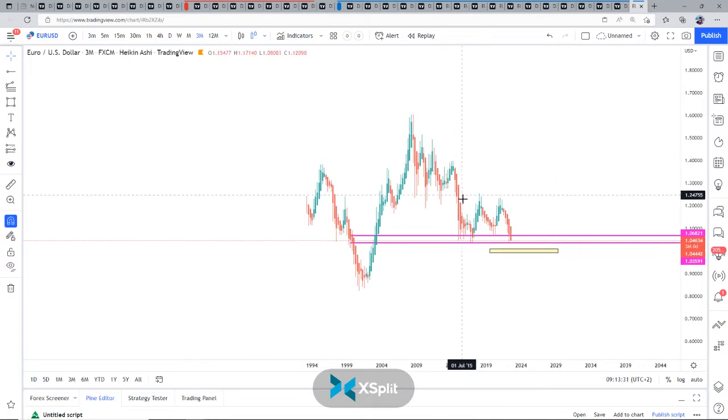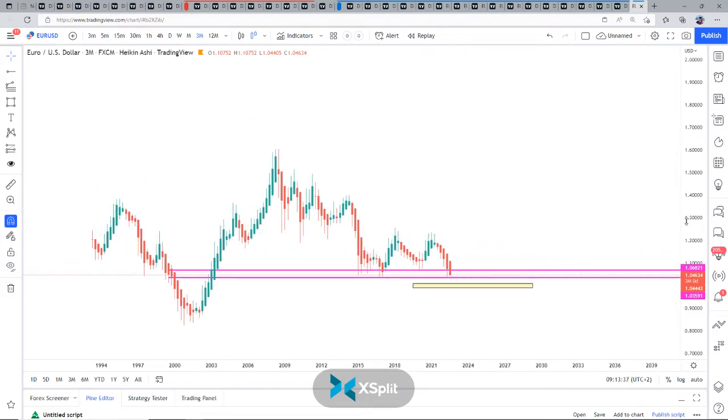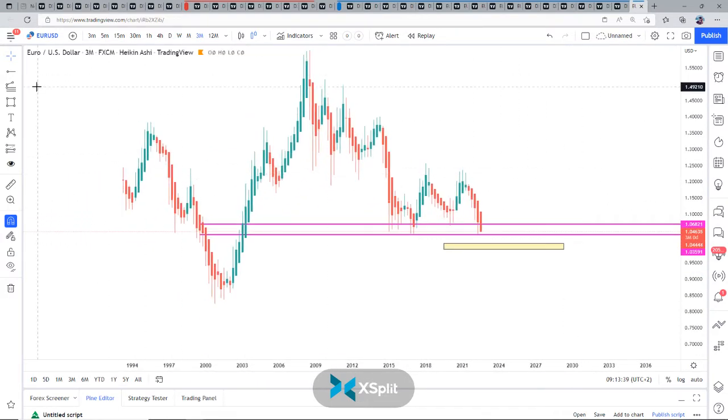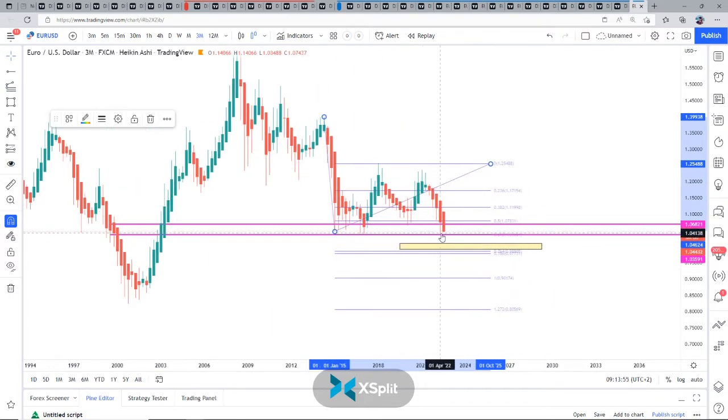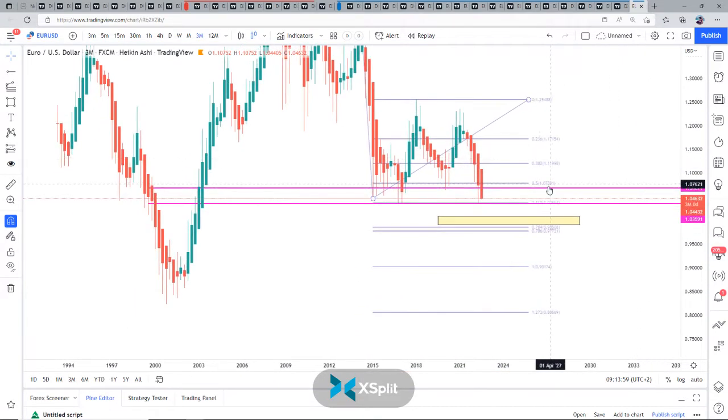As you have this impulsive move down, A, B, and C. Okay, so if we look at it this way, which is of course a good way to look at it, we have here the ABC. And we have right on our bottom, you see it here, the 61.8 of that ABC, which is